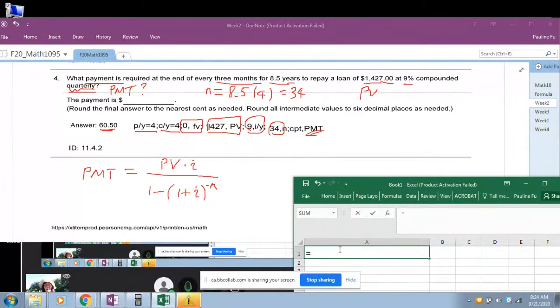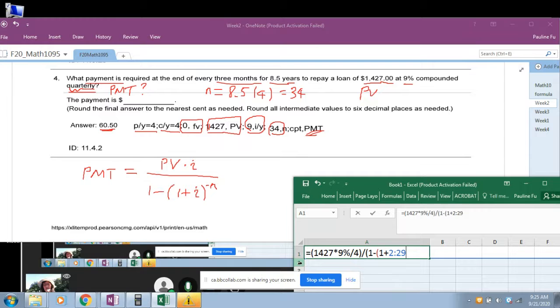PMT equal to, because this formula has a numerator and a denominator, I will put a bracket on the numerator and a bracket on the denominator. So I open with present value 1,427. That is PV times I. Remember, when you use the formula, you have to use the periodic interest. Compounded quarterly, so not divided by 12, divided by 4. I equal to 9% divided by 4. That is I, and closing bracket, that is the numerator, divided by the denominator, opening bracket, 1 minus opening bracket, 1